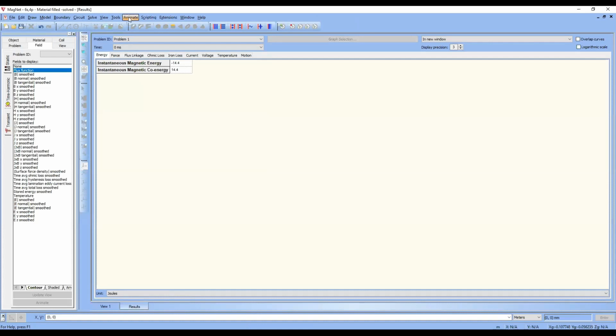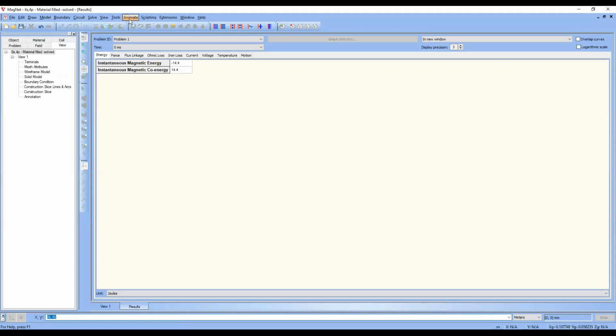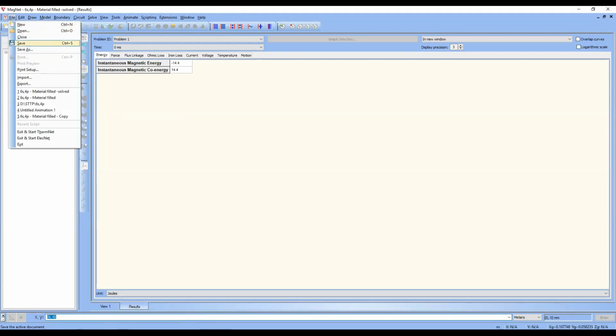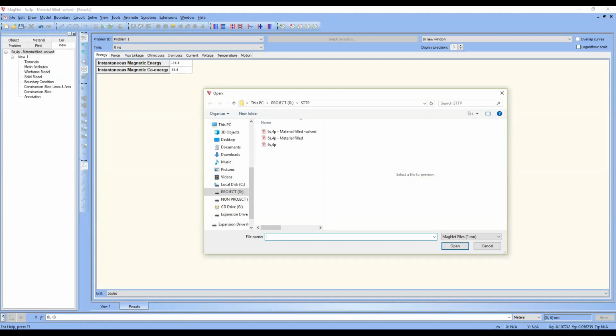Next important point, I told about animating also now. What animation is: while solving, you can take your result, and if you keep it as add a frame and animate to a second, it will animate your flux portion. For example, here I am having an animated file of this file also.